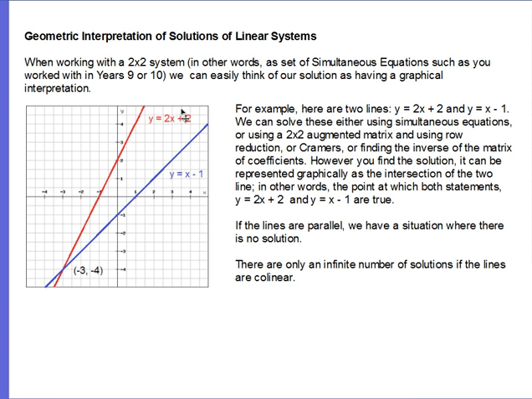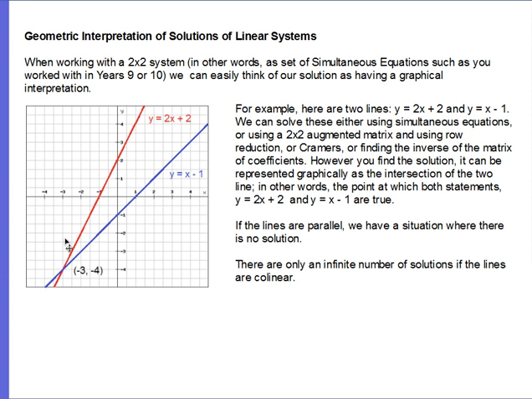Now we've got a gazillion ways of solving simultaneous equations. We've used the method that you used in year 9 or year 10. We can use a 2x2 augmented matrix and row reduction, or we can find the inverse of the matrix and its coefficients, etc. However you do that, it's still the same solution to the same